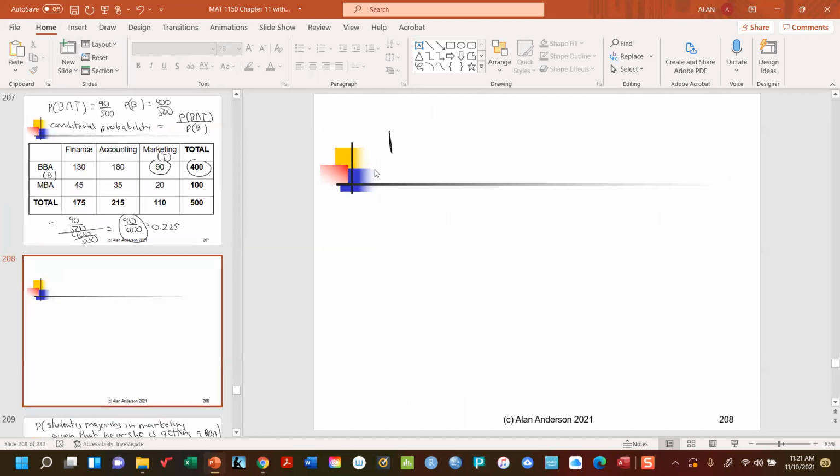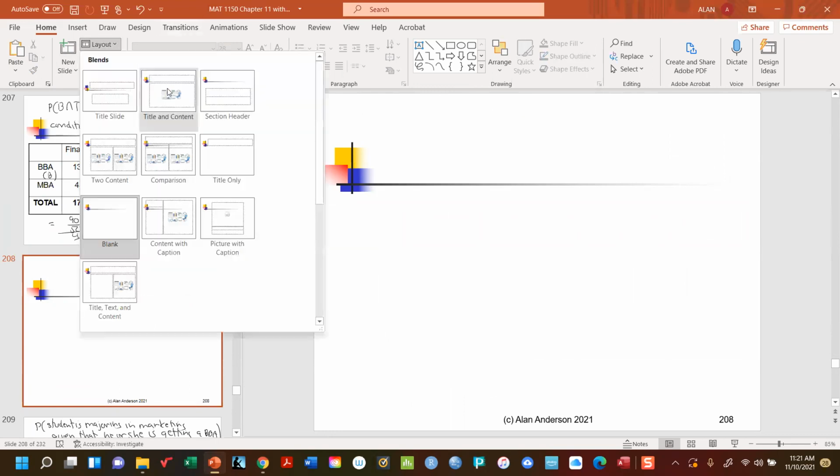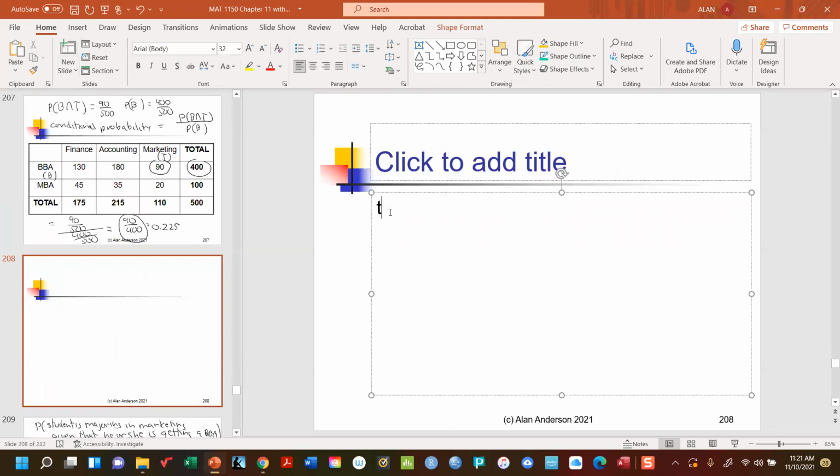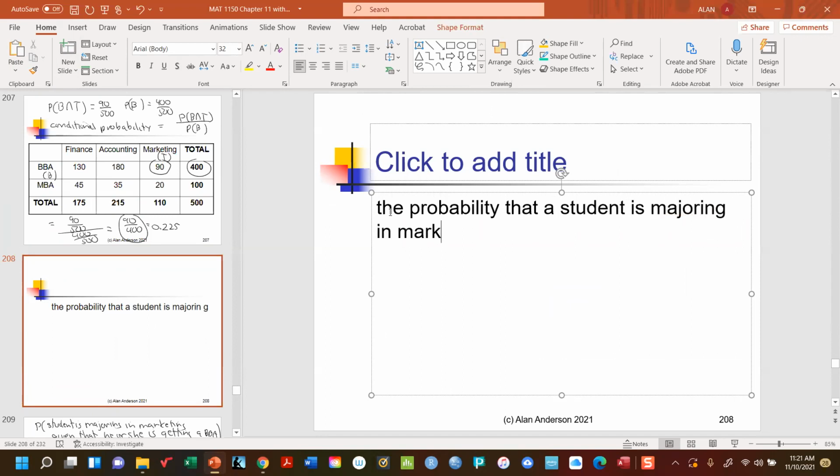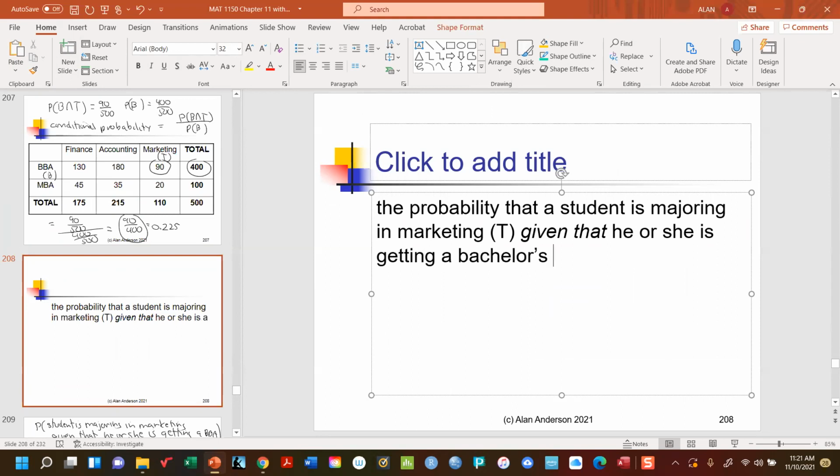The probability that a student is majoring in marketing, which we know is used based on the letter T, given that he or she is getting a bachelor's degree, is written as,